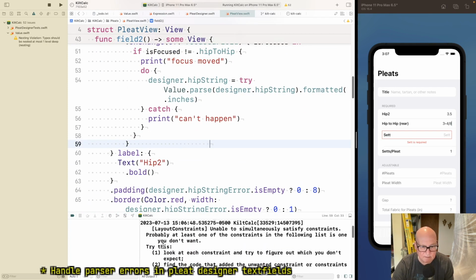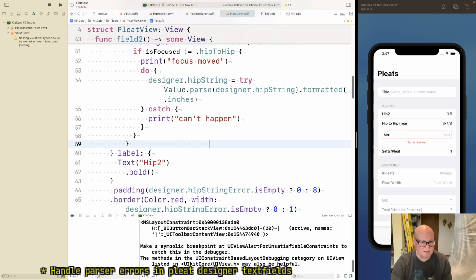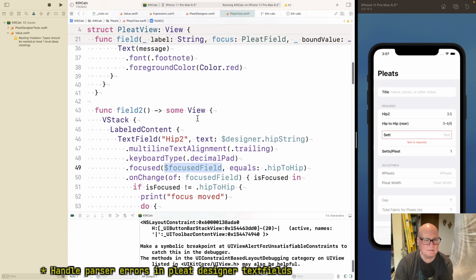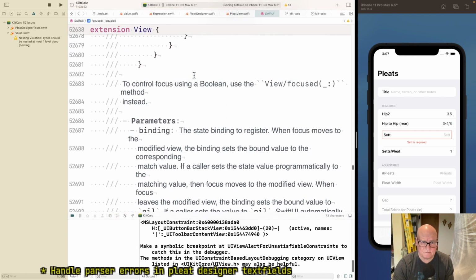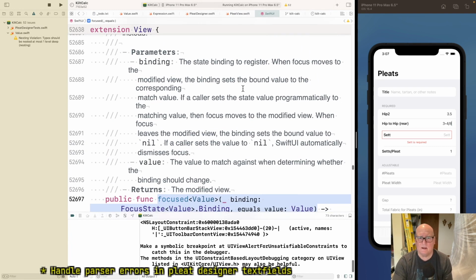Okay. Yeah, layout constraint stuff is with that keyboard. That's nothing we can do anything about here. Okay. Why did you not change focused? Now this one I think is assigning it. The binding sets the bound value to the matching corresponding value.